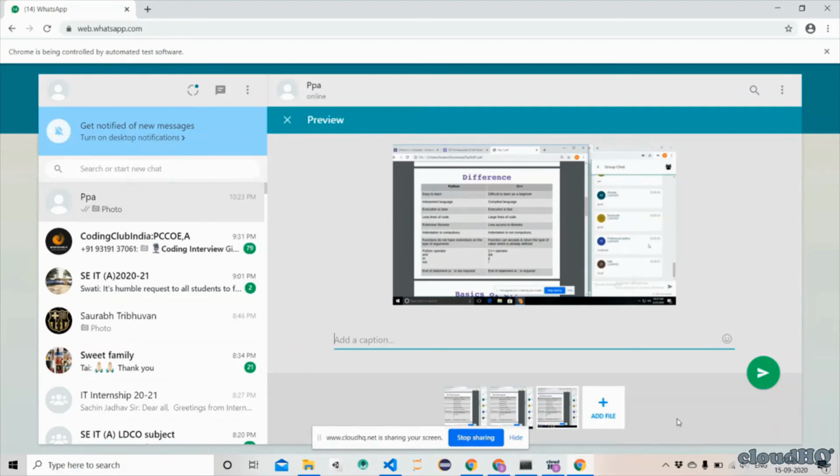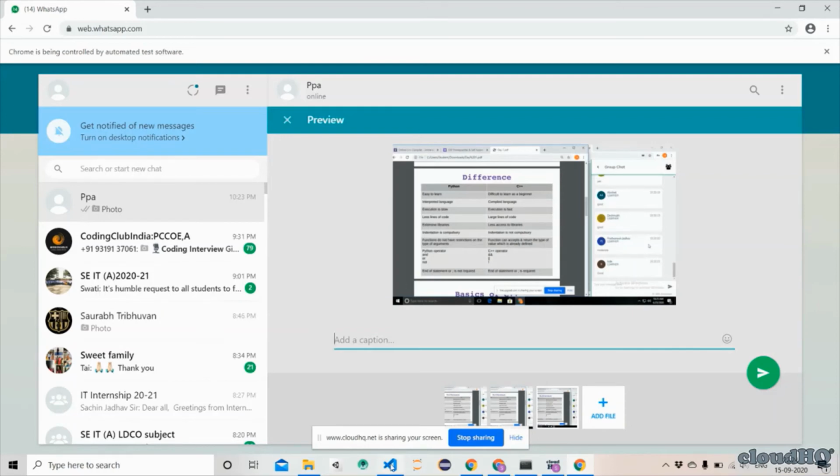So first 30 images would be sent, and then again this process would repeat, and again 30 images would be filled here, and then those 30 images would be sent. So by doing this we can send as many images as we want.